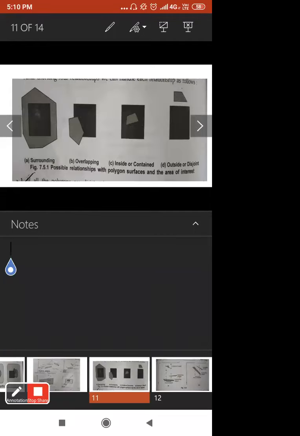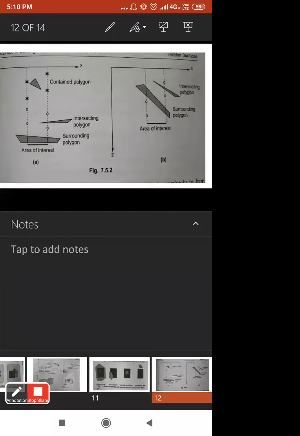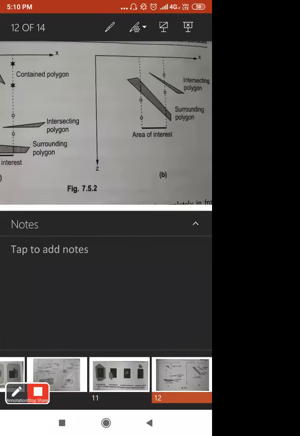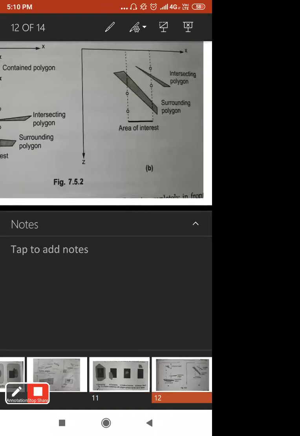And the last case is, if there is more than one polygon intersecting, content in, or surrounding the area, then we have to do some more processing. In this case, you can see this in this particular diagram B. Okay, more than one area.